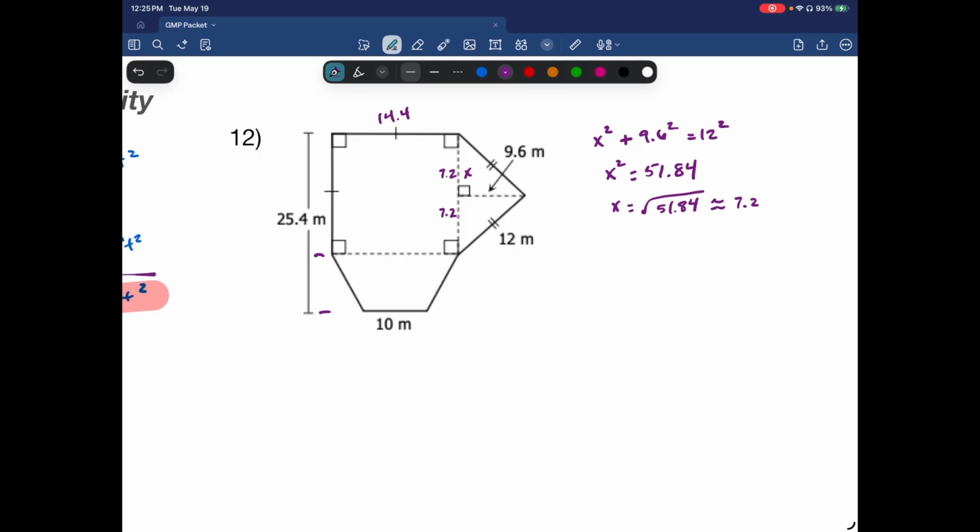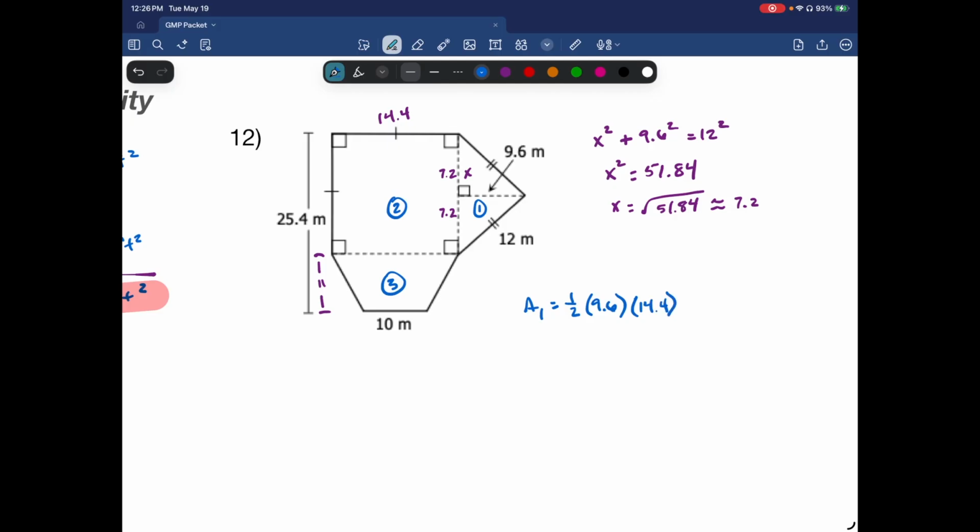All right, so if that's 14.4, that means the height is going to be 11 down here. Okay, so now I'm going to take the area of the triangle, the area of the square, and then the area of the trapezoid. My first area is 1/2 base times height, so height is 9.6, base is 14.4,